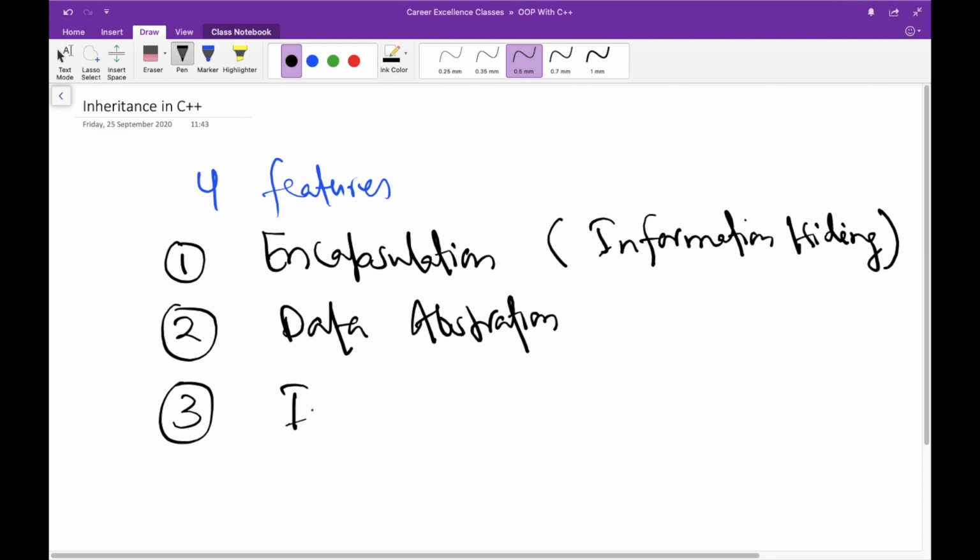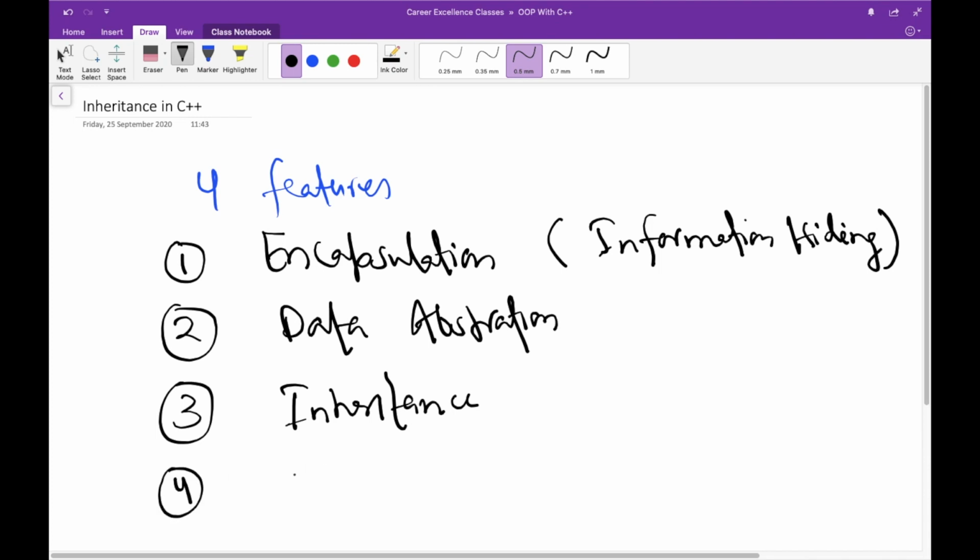Now the third point here is inheritance, which means inheriting data from some parent class to the derived class. But I am not going to discuss this much at this point of time because this whole lecture is about this, so we'll talk about it in more detail.